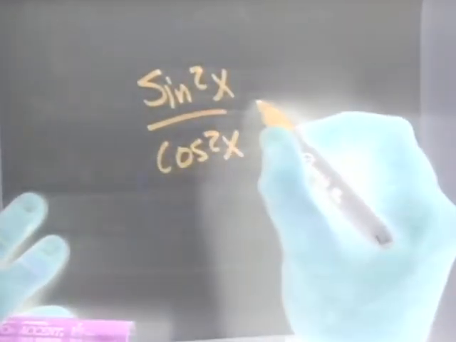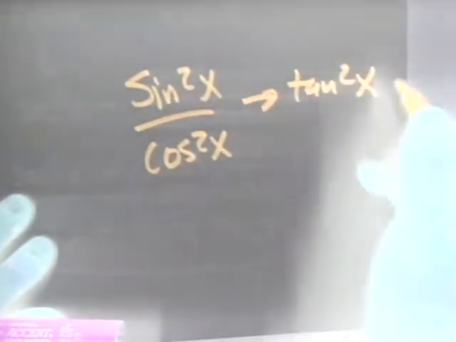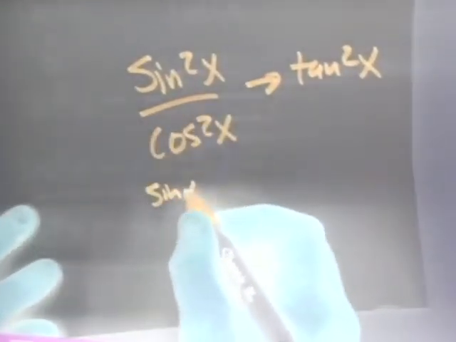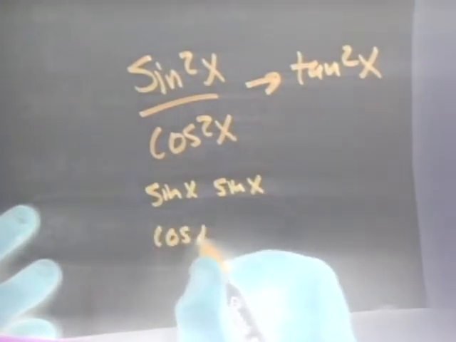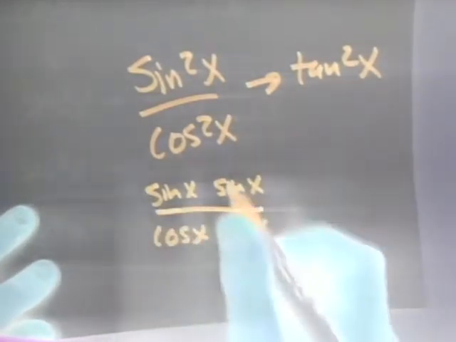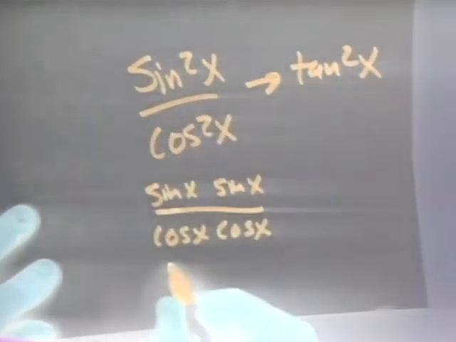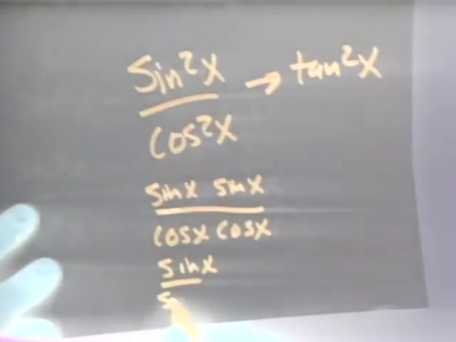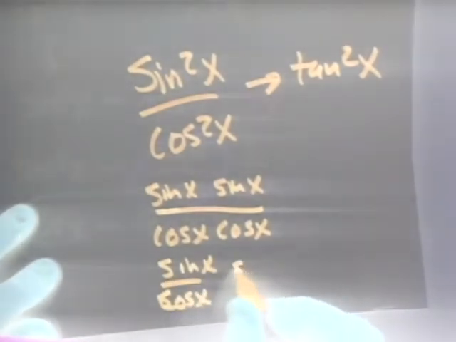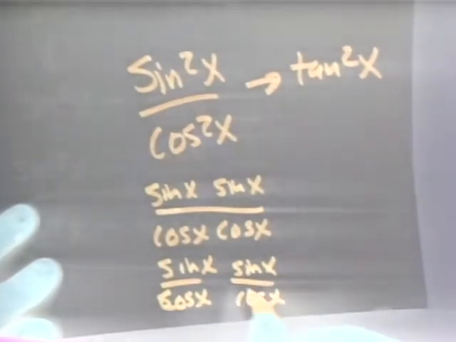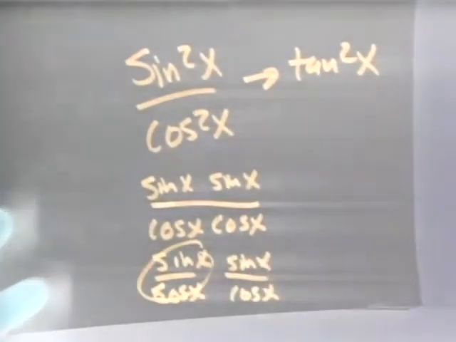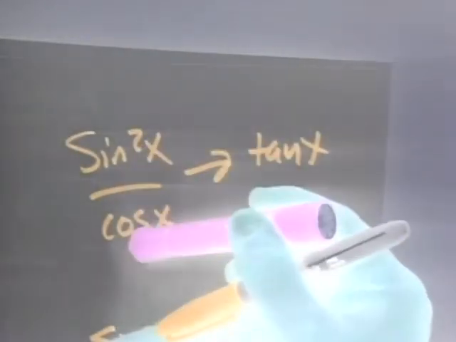Remember, this is the same as sine x, cosine x, cosine x. Sine squared x is sine x, sine x, cosine squared x is cosine, cosine. And then I could actually break it into its own two fractions, like that. And then that would turn into tangent, tangent. So, sine squared over cosine squared does make tangent squared, but if you have like sine squared over cosine, it doesn't. What you'd want to do is make this sine sine, and then you could make one tangent out of it, but you wouldn't be able to make a tangent squared out of it. All right, that covers example